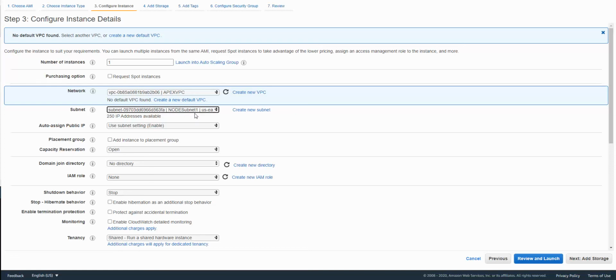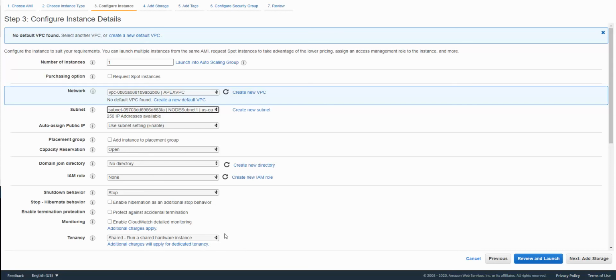But for the demo, let's only create one instance with the node subnet 1. Remember, we specified the subnet 1 setting as auto-assign IP. That's why the default is coming from the subnet setting, which is enabled to auto-assign the public IP address. We need this IP address so that we can SSH into this instance and configure our ORDS and install Tomcat also.